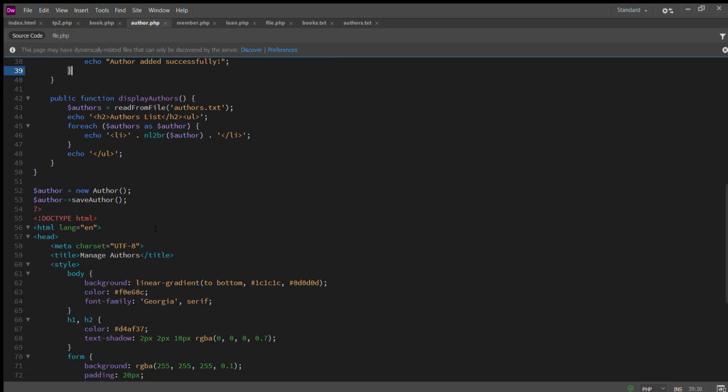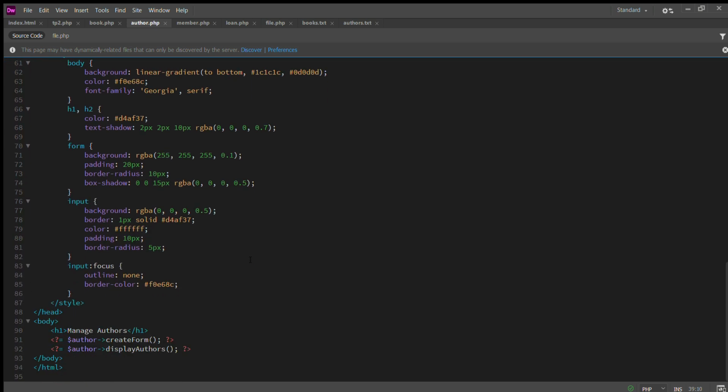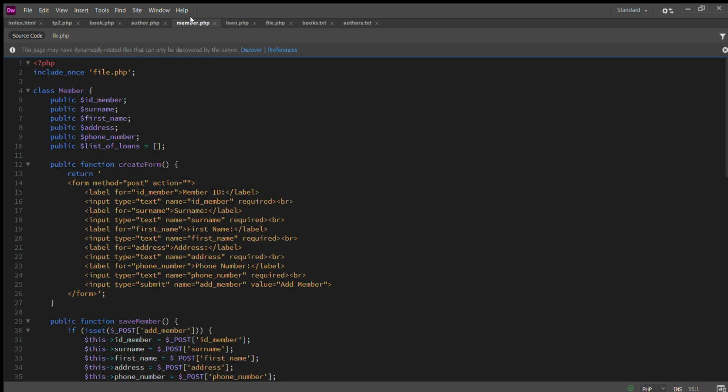We display the author, and we have the HTML. We call the functions here to create the form firstly, and then the user just enters the data that he wants, and then we display it in the list using the function that was in the PHP code. I did the same thing for member,